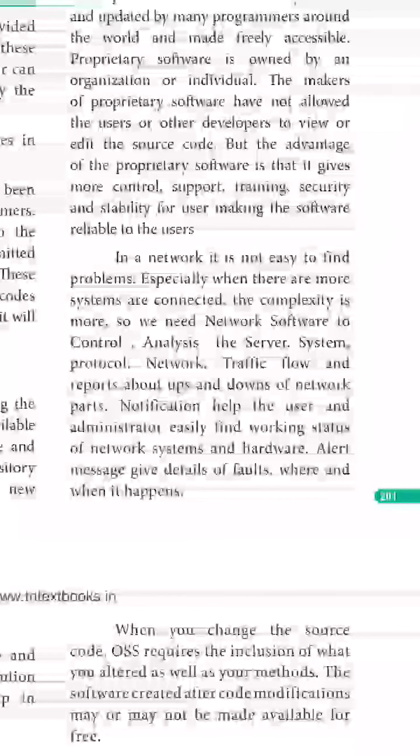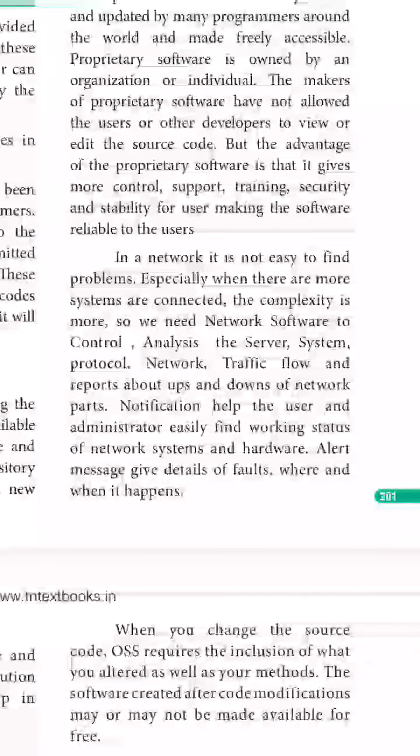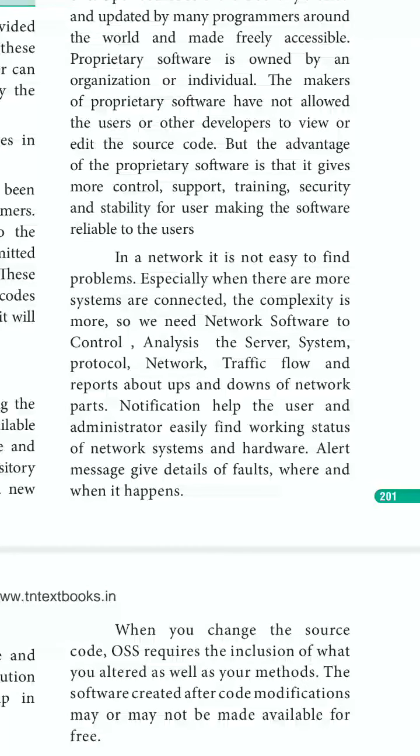In a network, it is not easy to find problems, especially when more systems are connected. The complexity is more. When the count of systems is more in a network, the network admin finds it difficult to manage all the computers. So we need network softwares to control and analyze the server, system protocol, and network traffic flow, and report about the ups and downs of the network parts.